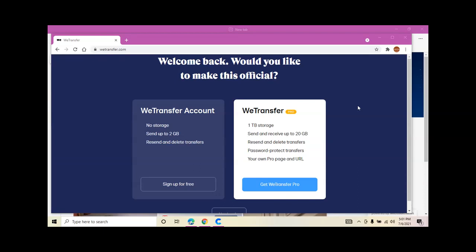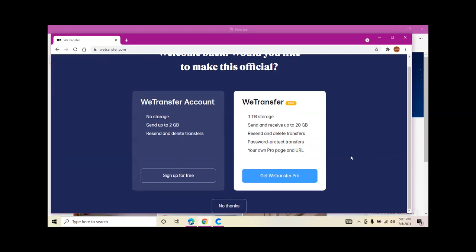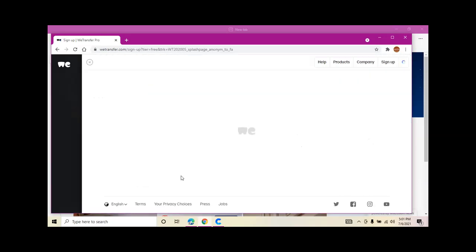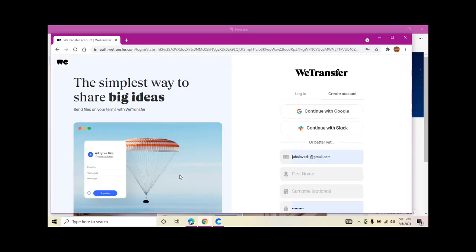So go to the website WeTransfer.com. When that comes up, you should see this screen come up. Sign up for free. And then you click sign up for free. Then this will come up,